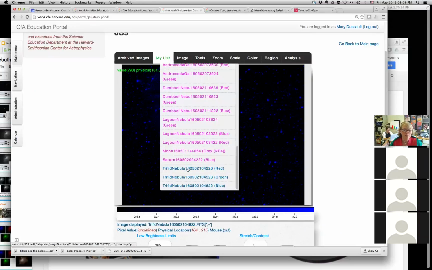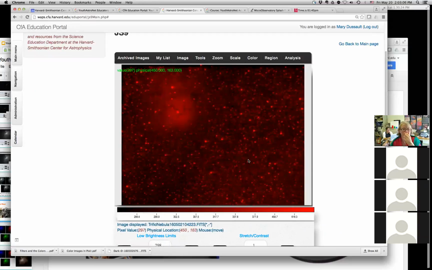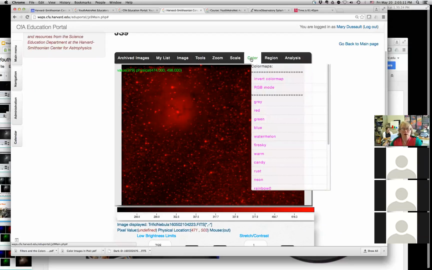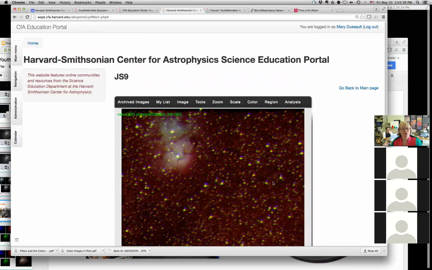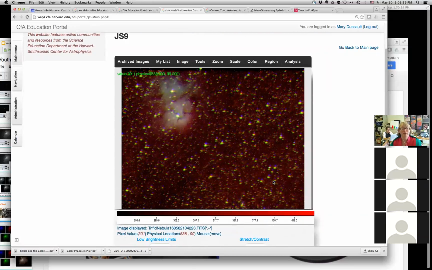So what I need to do, I'm going to actually set it to the red image so you can see what happens here, is tell the software I want to go into RGB mode. And what that does is now all 3 images that are kind of hidden in 3 layers here will all be added together. So you'll see all 3 at once. So it's adding the numbers of the pixel values for the red, blue, and green all together. And we'll click that. And suddenly you start to see some color to this nebula,